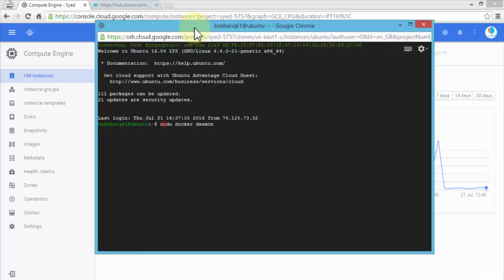It's sudo. All right, great. So sudo docker daemon first. I'm going to start it and then enable it. So simply start,